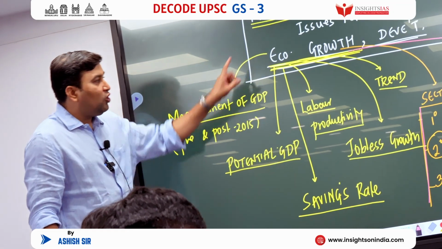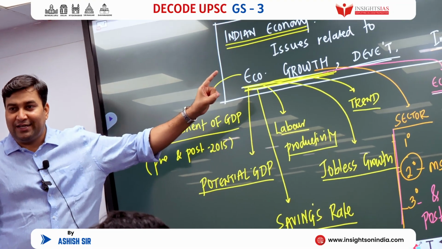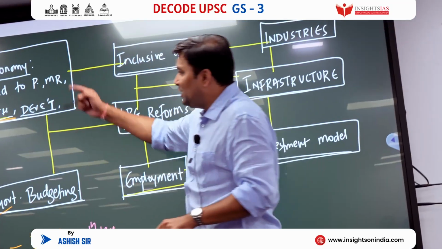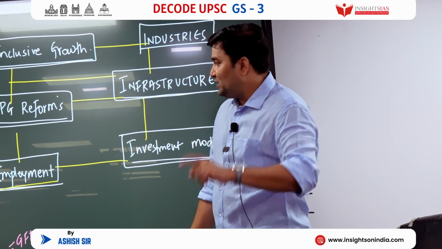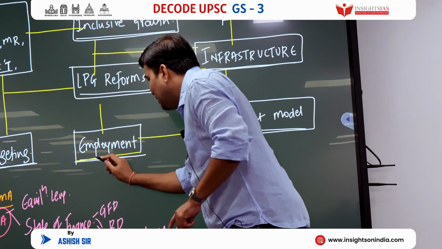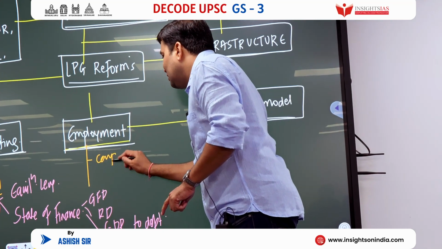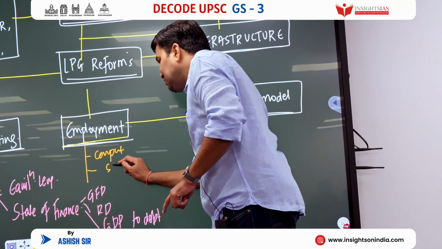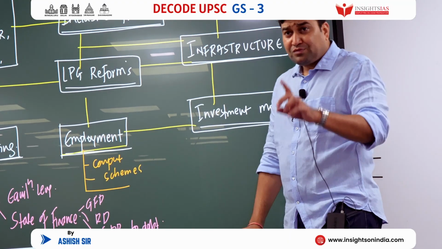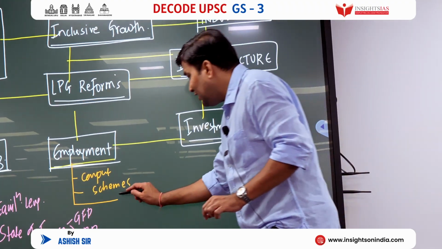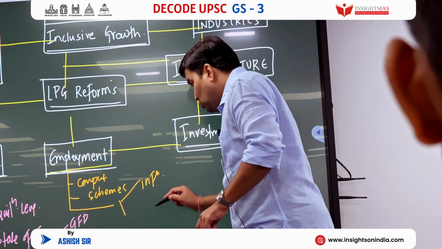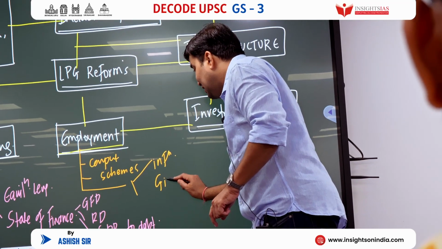This topic is growth and development. We have, if I'm not wrong, discussed in detail, topic linked. Is it clear? Then how government budgeting will bring in something called economic growth also through fiscal policy. Then in employment, what is the major focus? Major focus is upon the schemes. Similarly, about the most important issues like informalization of the workforce, casualization of the workforce, gig economy